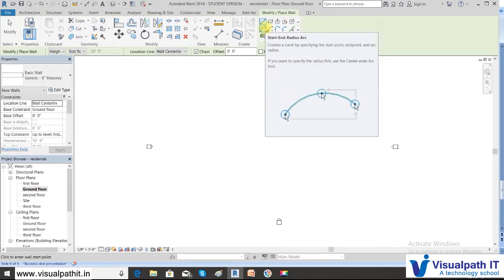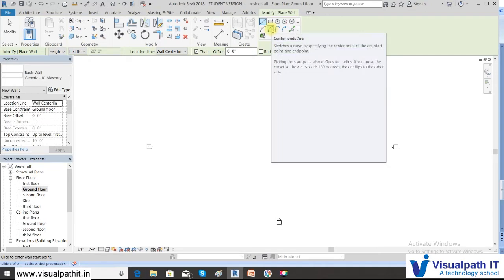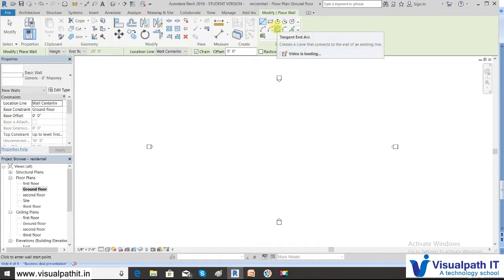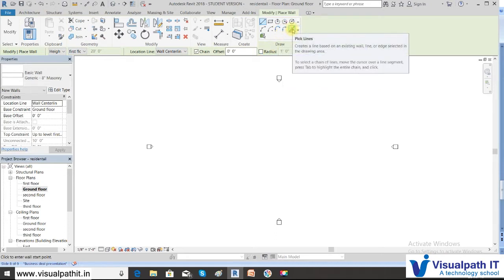So if you want to define an arc wall, here you have these different types of arcs. Center, first you will define the center and bend both the ends. Then here you have your tangent arc and tangential walls. The next will be the filleted walls, your rounding of the corners of the building. Certain times your walls are not sharp, the corners will be smooth. So we will see, and this is the pick option. So you have 2D plan that later on we will see. So when you pick your lines, automatically walls can be created if you have the 2D plan with you. So that we'll see as a separate session.